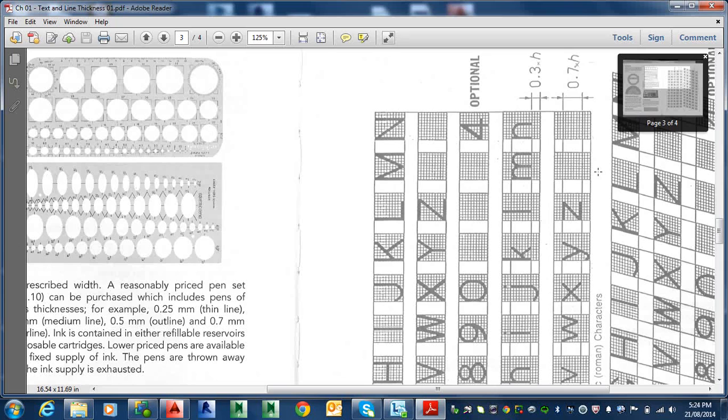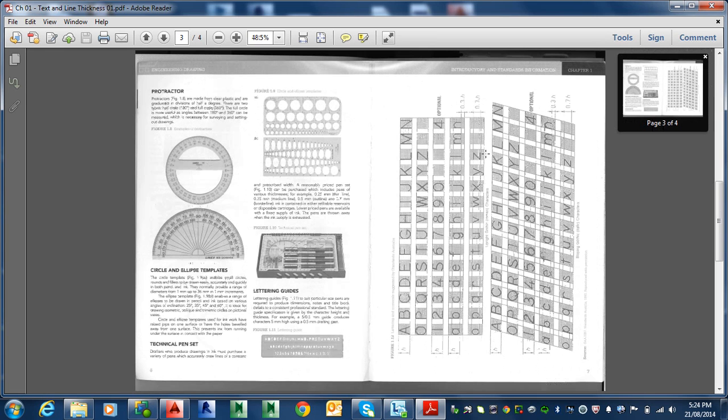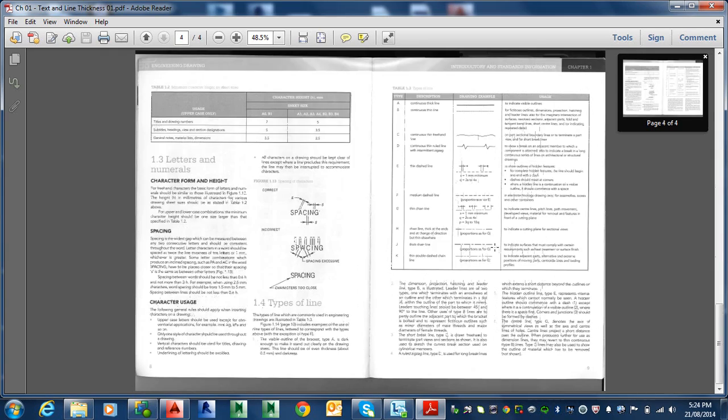So they said, "Oh no, we're going uppercase." Mind you, I've seen some uppercase lettering, handwritten, that I can't make out. It looks like hieroglyphics, which is what it is. But all right, so